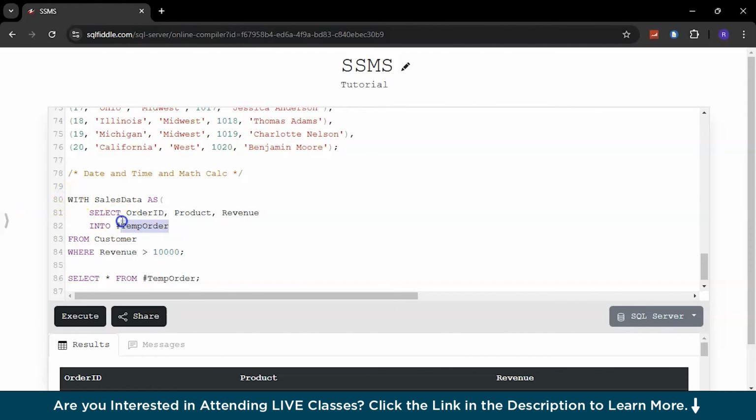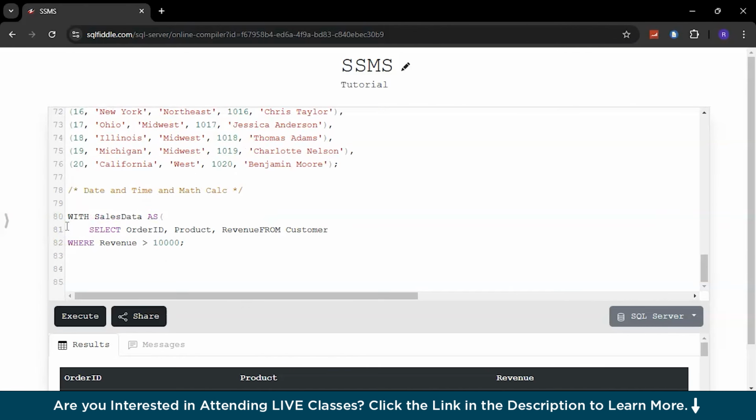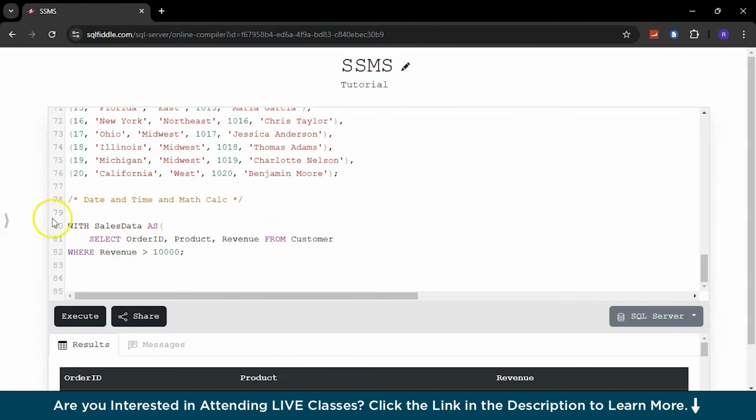Now let's organize a few things. I don't want the temp order table here. I don't want temp order here. Okay, I want to extract a few columns. I want maybe state, and I don't want order ID. I want revenue. Maybe revenue is good. So let's sum the revenue and name it as total revenue